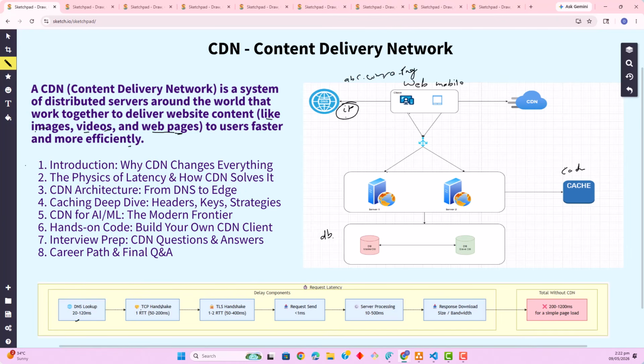Then there is a TCP handshake. So let's suppose in the DNS lookup you have added from 20 to 120 milliseconds of time, and then the TCP handshake, where we have added around 50 to 200 milliseconds, then the TLS handshake. These are the two stages where we are verifying the security, and then the request is sent to the server for processing. So here also we are adding some delay or latency to our request. So let's say the request is sent from your load balancer to the server. Then also we are adding some latency here,